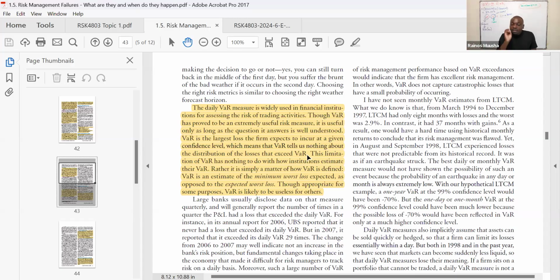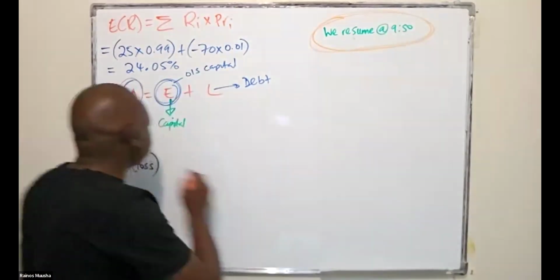It means that value at risk does not tell us the distribution of those losses which are exceeding the value at risk. So for example, if you are dealing with value at risk at 90%, right? The value at risk does not give us the distribution of those losses once they exceed the value at risk. Like for example, if you look at the distribution of the losses,